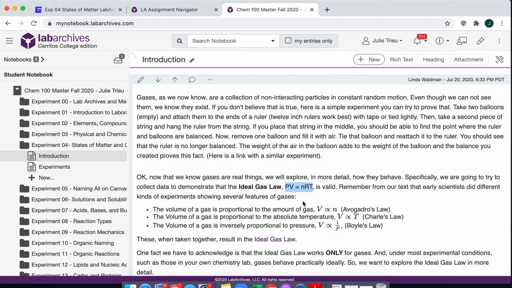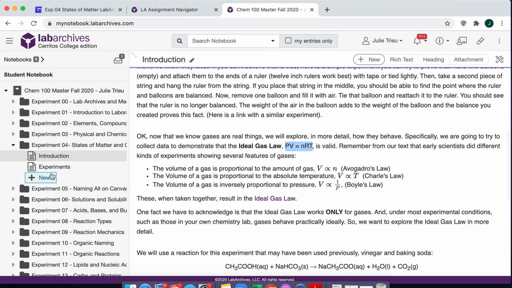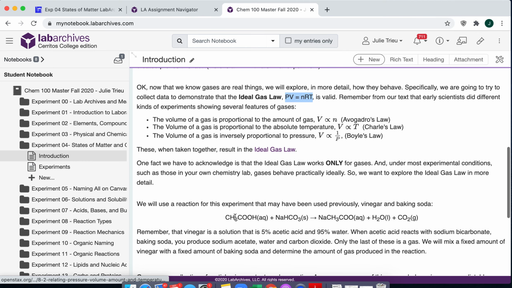In this lab, we're going to find out the relationship of all of these quantities, how they relate and how they affect each other. Their relationship should be proportional or inversely proportional, and you'll find that out in the experiment. The reaction between the vinegar and the baking soda, NaHCO3, is going to produce carbon dioxide gas. We're going to examine the behavior of carbon dioxide gas to make some assumptions based on the gas law